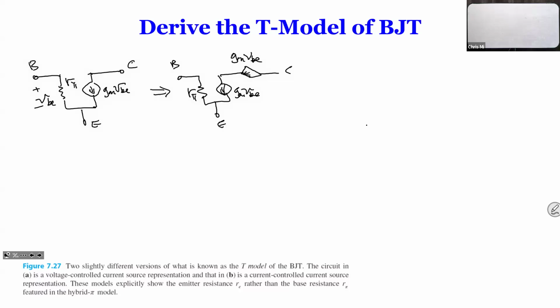So now if we add the current source at the top, it doesn't change the circuit mathematically. Therefore, we can create a voltage here, which is going to be the same as VBE. So by doing that, we actually can connect